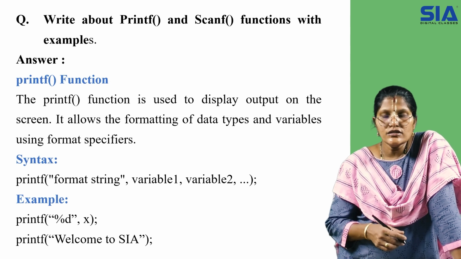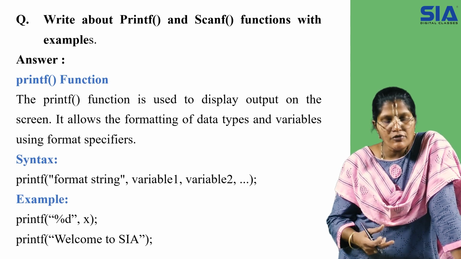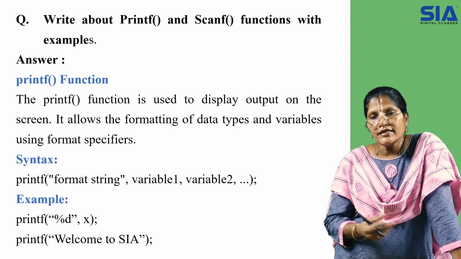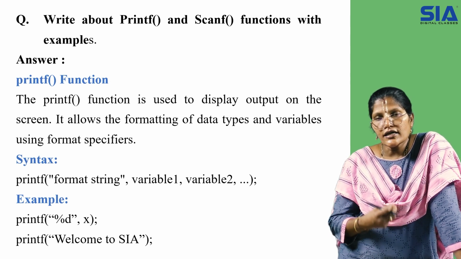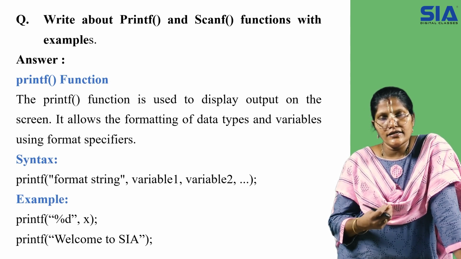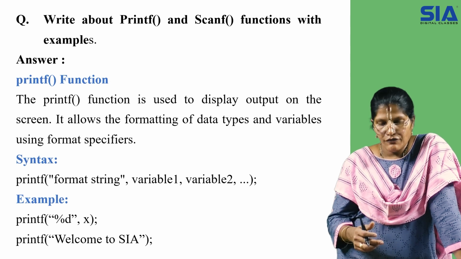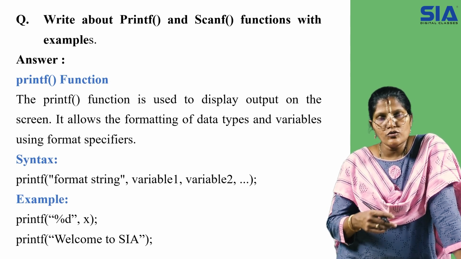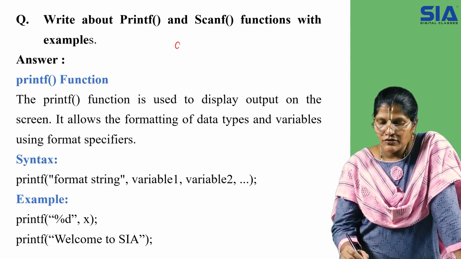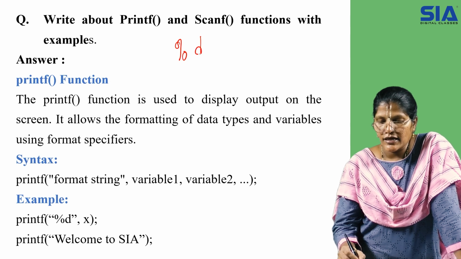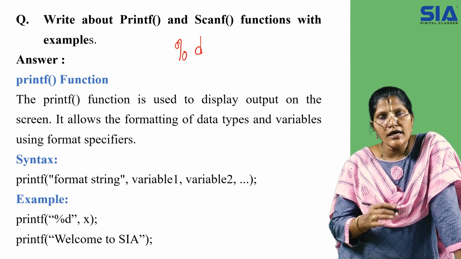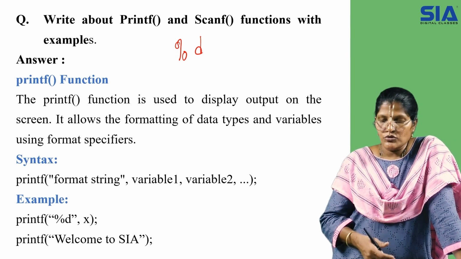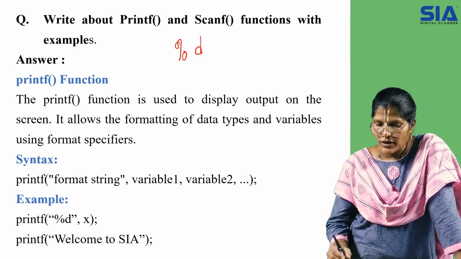It will tell the compiler what type of value is about to be taken from the keyboard and given to the system. So it has a certain identification. For example, if I am using a printf statement with an integer value, the format specifier for that will be d. For example, let us take a small program.